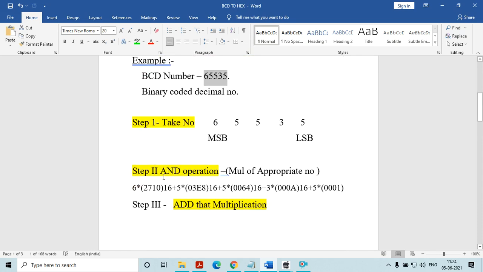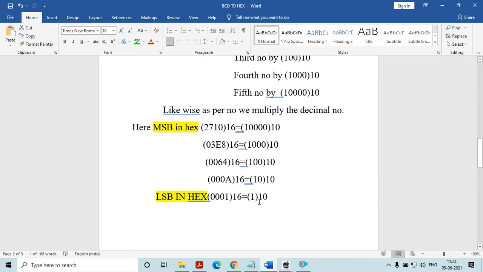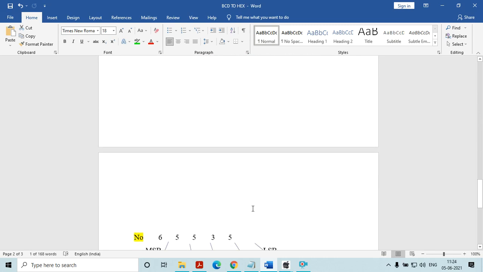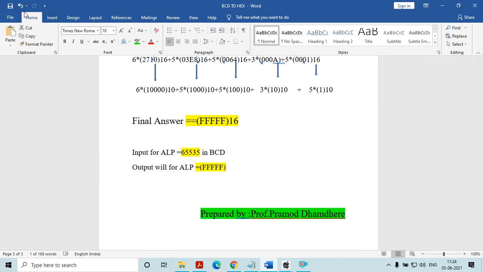As per MSB, we multiply by 2710, then for the second digit we multiply with 03E8, then we multiply the next number likewise, and the last number with 0001. The final output will be FFFF. This is the very simple information regarding BCD to hex number conversion.